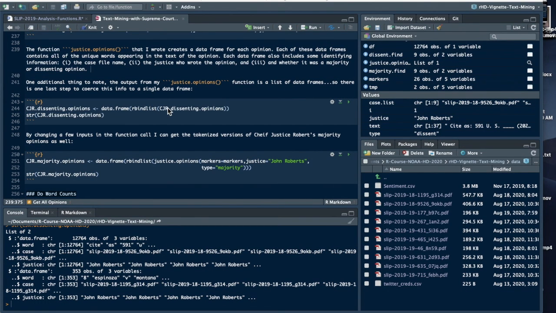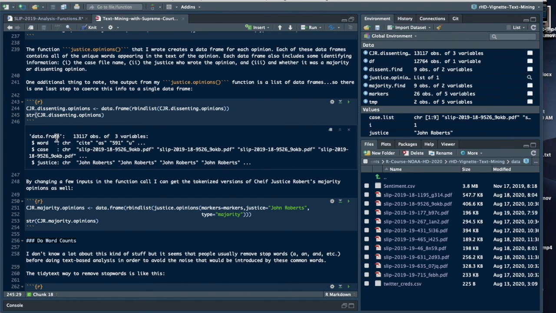And by now you guys are probably pretty sick of seeing R bind lists and L applies, but I've got another one for you because the CJR dissenting opinions object is a list of data frames, and I want it to be a single data frame, so I'm going to R bind list that list object and then coerce it to a data frame so that I have the words from the dissenting opinions from Chief Justice John Roberts in a single data frame